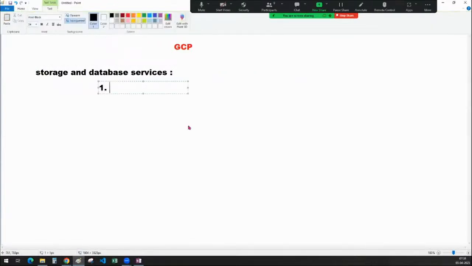Okay, in this one, we are going to first see Google Cloud Storage. Yes, Google Cloud Storage is acting as a data lake in the GCP. So we are going to learn all the concepts related to it. We will learn what a data lake is, why Google Cloud Storage is considered a data lake here, how much data we can store in Google Cloud Storage, all of those things we will see.